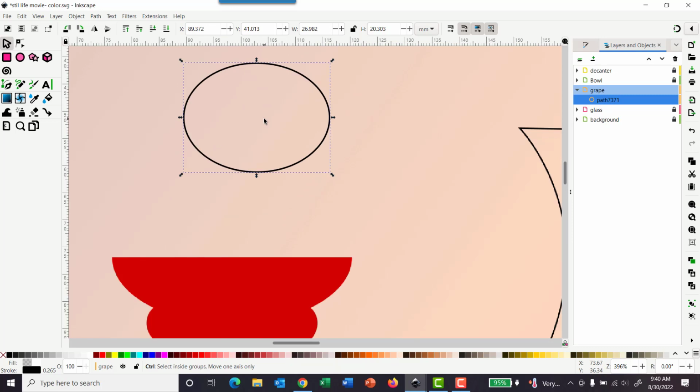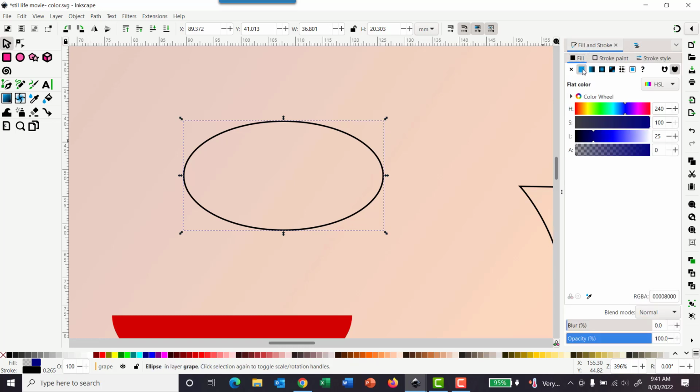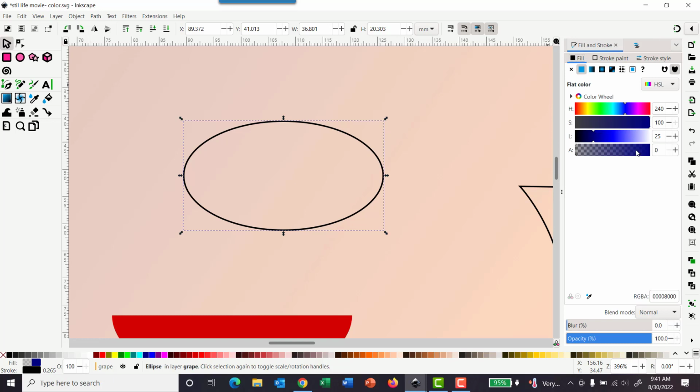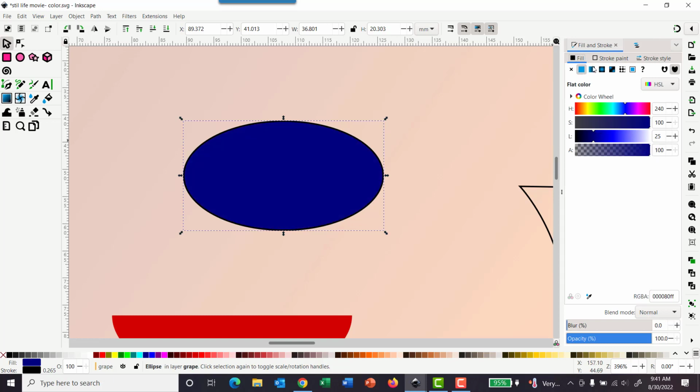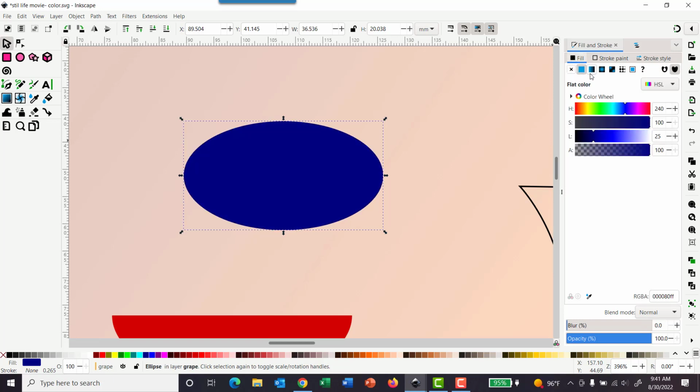All right, zoom into it. Make it grape shaped. We can make it smaller later. And then we're going to give it a color, a grape color. Go to our fill menu for that. Fill, and am I in the wrong layer? No, I'm in the correct layer. Oh, the alpha slider's all the way down. That would be why. All right, we're gonna get rid of the stroke real fast, and we're going to add